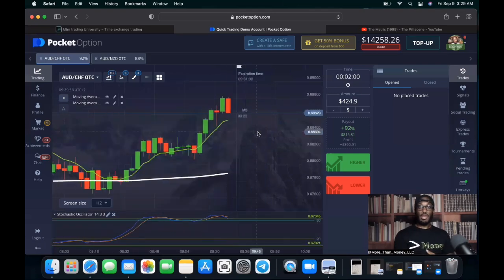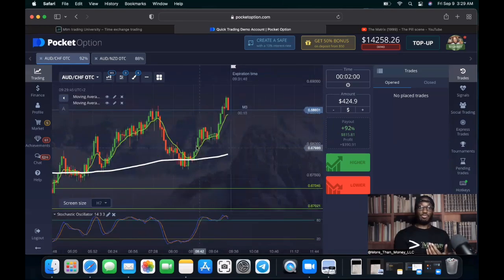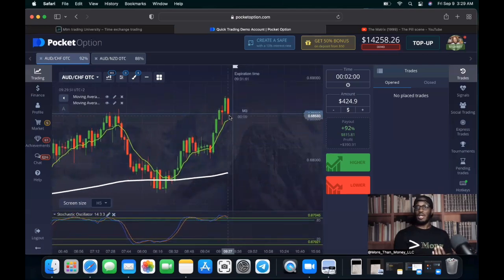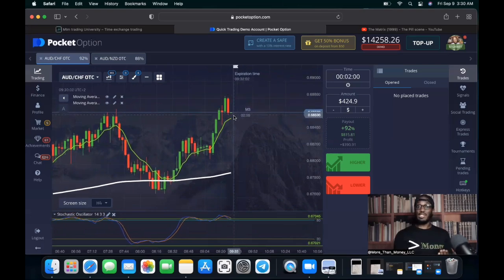So we move to the 3 minute. Understand that these represent 3 minute candles. So we see that, generally speaking, we're still in the uptrend, but the last 3 minutes of price is pushing downward. That's another variable that's going to help me to determine what price has a probability of doing. And I'm starting to see a wick. So that's telling me something.